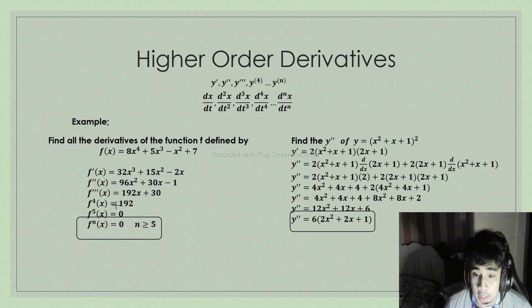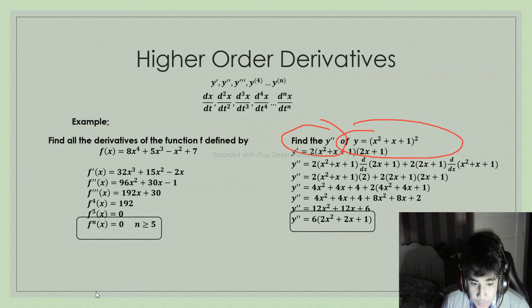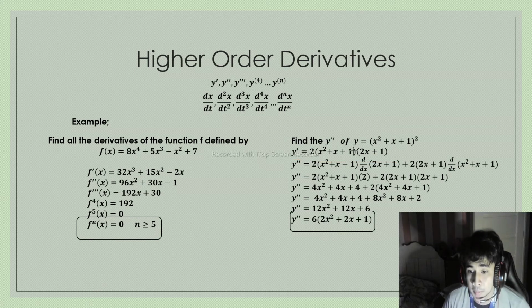So, let's have another example. We need to find the second derivative of this function. So, first gamitin natin yung pinakamadaling method, which is chain rule, para mahanap agad natin yung derivative. So, ang chain rule ay copy natin yung 2, tapos yung x squared plus x plus 1. Then, hanapin natin yung derivative nito. Tapos, minus 1 yung exponent. So, ang derivative ng function na to ay